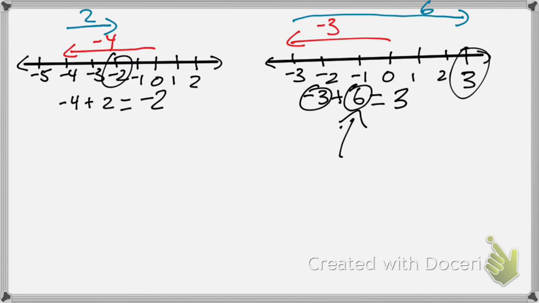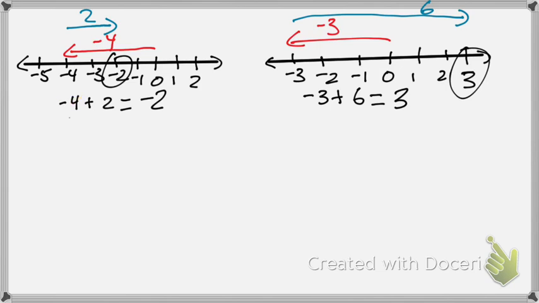Okay, so now we know when the answer will be positive or negative, but how do we get the actual answer? How do I get the number here? What you could do is, again, look at the two numbers. Look at the bigger one. Again, you're ignoring the sign for now. If you look at the bigger one, and